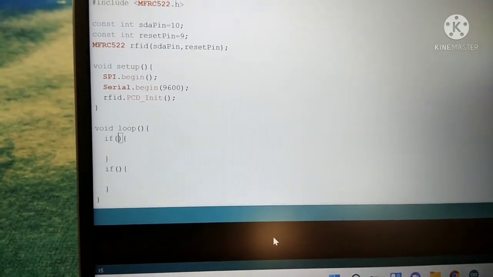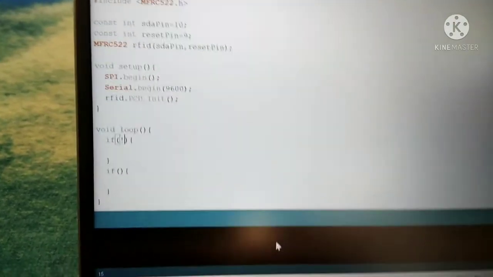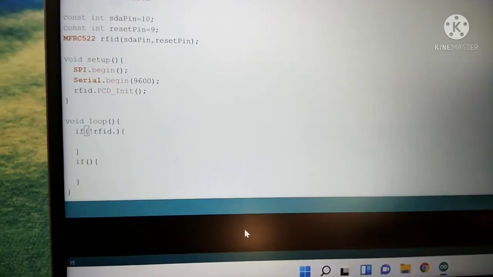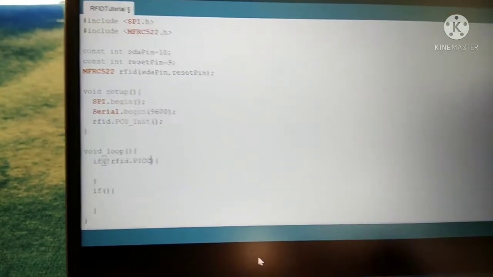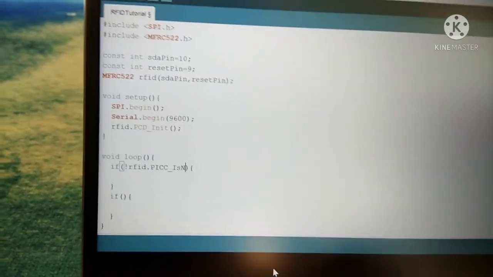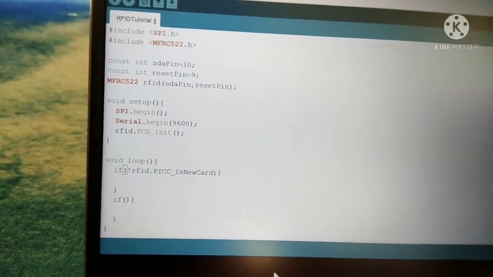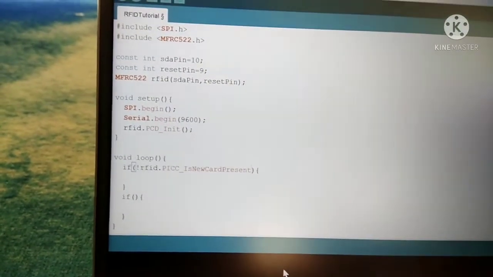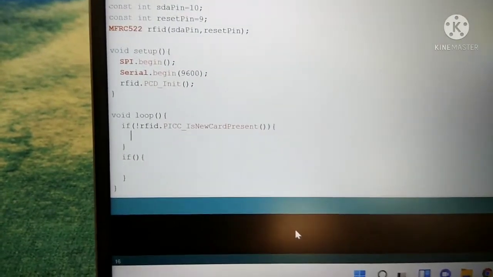Now let's write the conditions. If not RFID.PICC_IsNewCardPresent. So this is another function to check whether there is a new card present or not, and then we